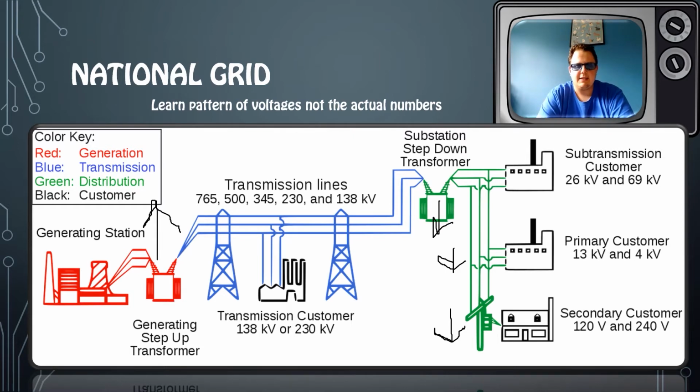So in this case, our power station probably is going to supply the electricity at something like 25,000 volts. It's then going to step up to one of these voltages. I think in the UK, this isn't a UK diagram it looks like, but in the UK our super grid runs at about 500,000 volts. Then we step down to different consumers